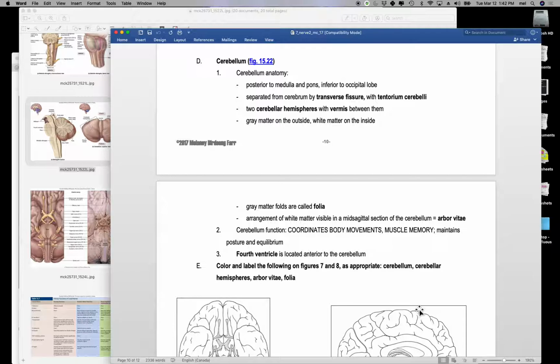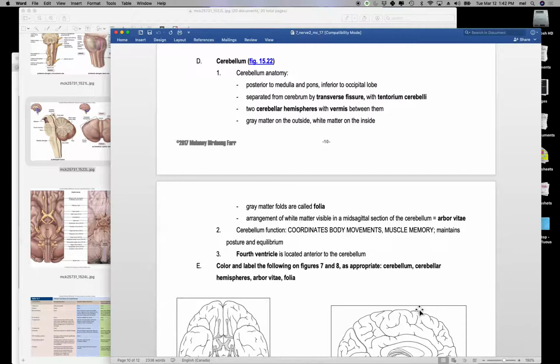It's not good for us to drive that way, FYI. It's better for us to drive with our cerebrum engaged. But that doesn't actually happen if you're driving a new route, does it? No, if you're driving a new route, it's all cerebrum, it's not cerebellum. So it's kind of interesting. So this is what your cerebellum does for you. It has your muscle memory. It maintains your posture and